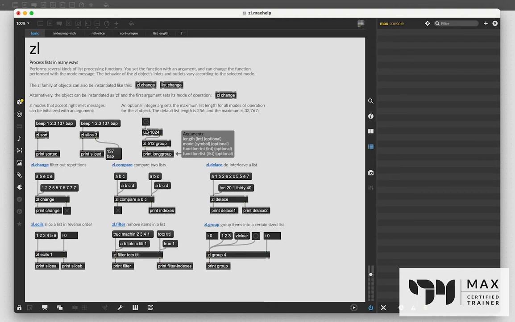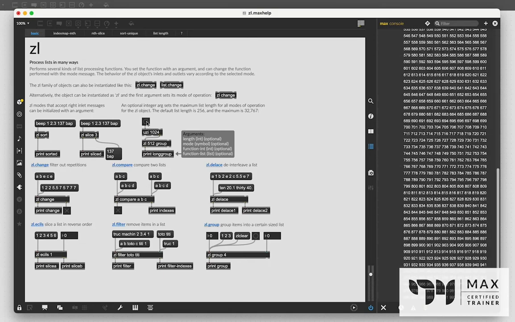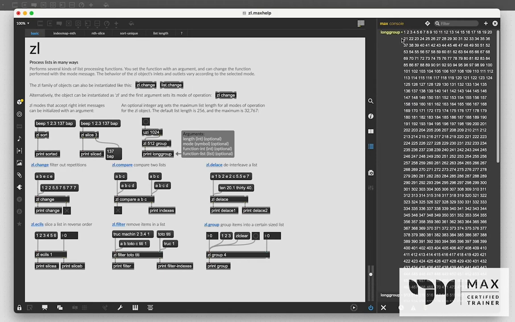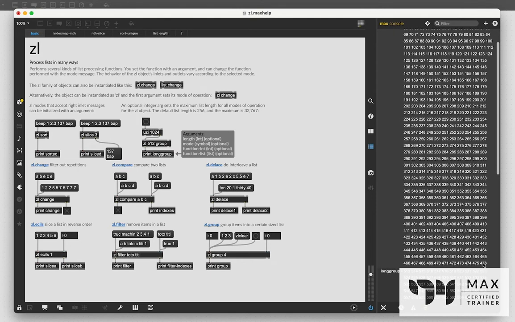So I'm going to click this bang, which is connected to this Uzi, which just sends out a lot of bangs. In fact, it's going to send out 1,024 bangs, and we're going to get the index of those bangs out of this outlet. So it's going to just count up numerically. I clicked it, and you can see it did that. So it started outputting 1, 2, 3, 4, 5, 6, 7, 8, 9, and so on, all the way up to about 512,